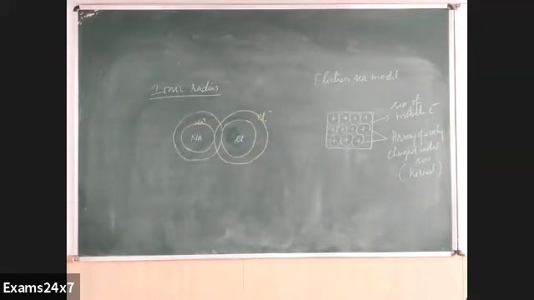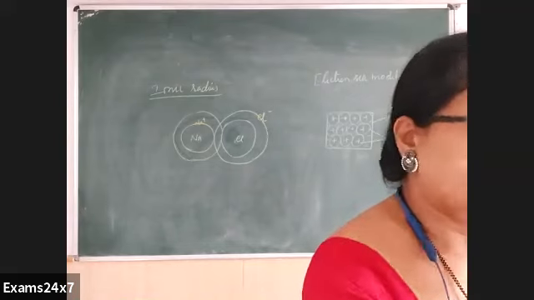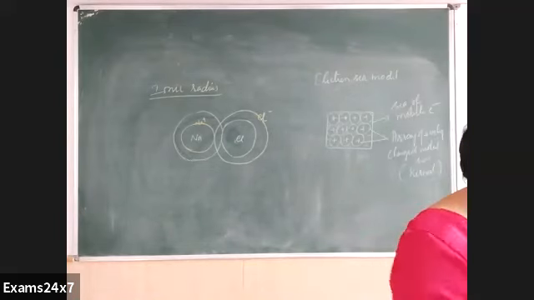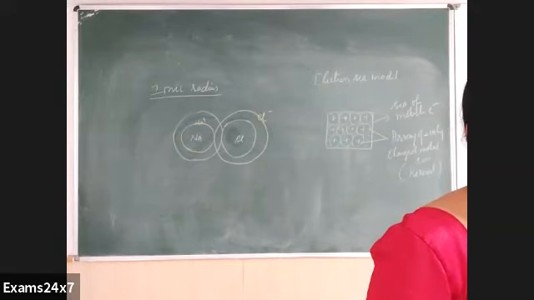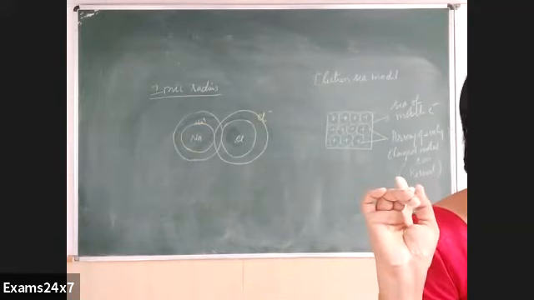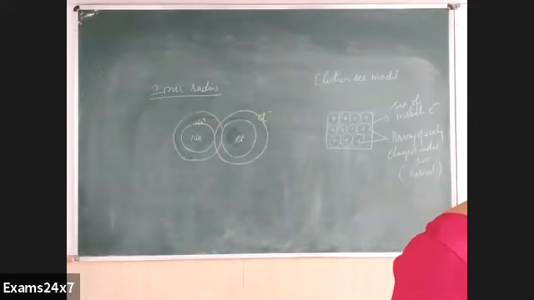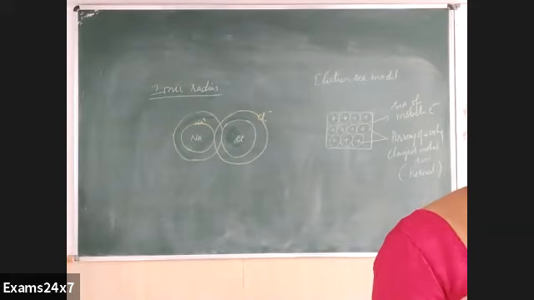It is not possible to find ionic radii from the bond length. We used covalent bond length and cut it in half. Metallic bond length, cut it in half to find covalent radius and metallic radius. Same as that, we cannot cut the ionic bond into half and measure the radius. Why? Because here it's not possible to have like particles together. Two like ions, A minus, do not exist together.